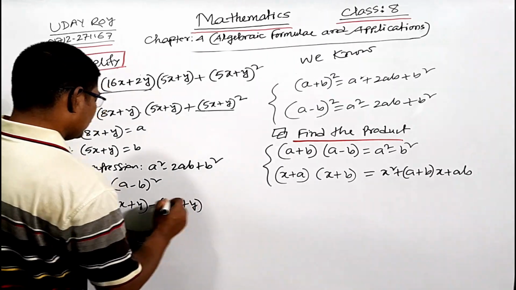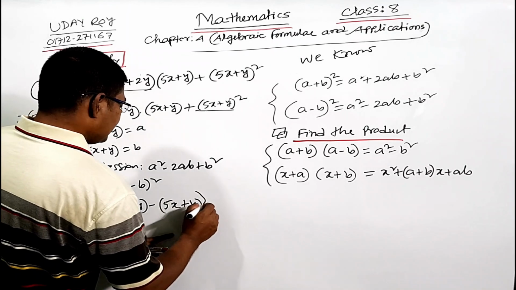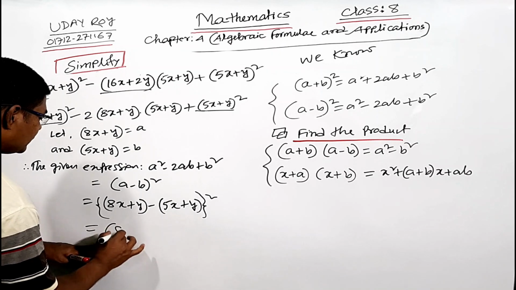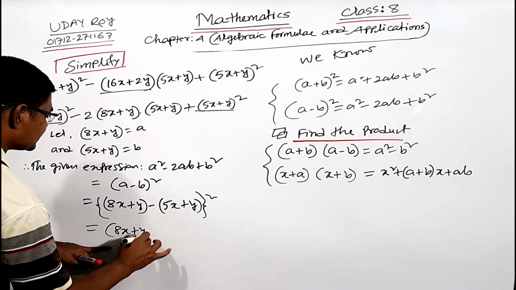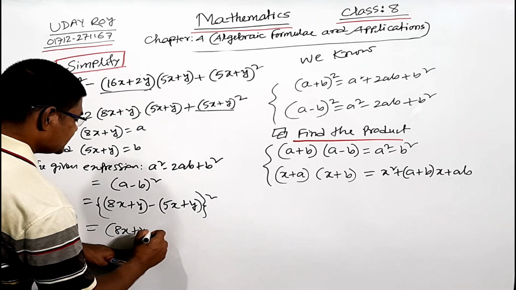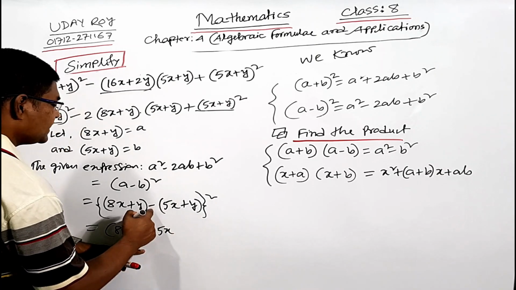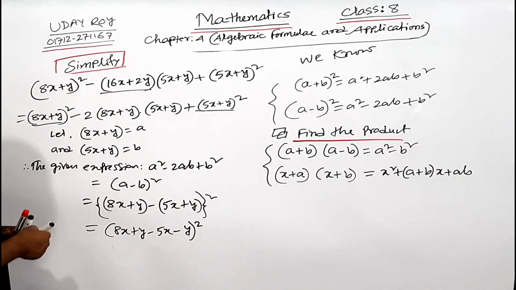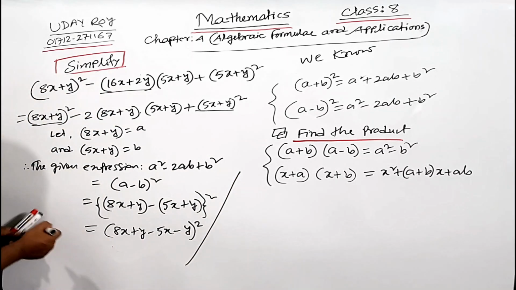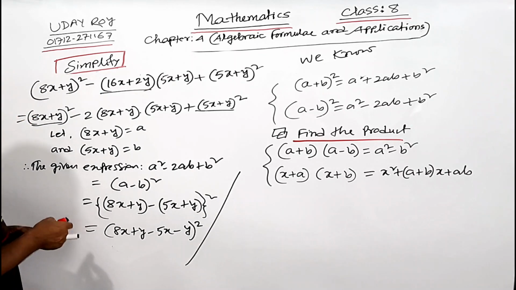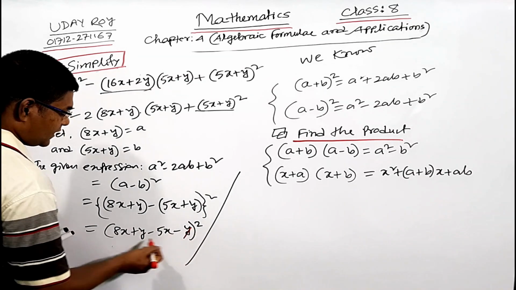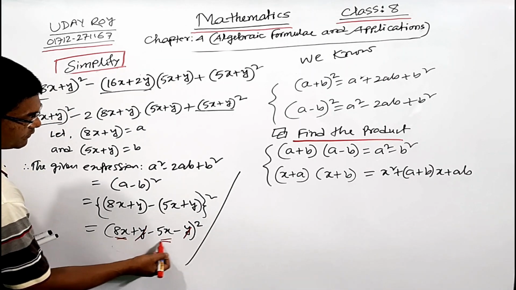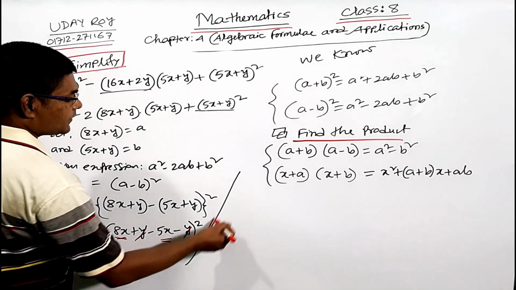(5x + y)². Now we draw the bracket. We get (8x + y) minus (5x minus y) whole square. Now you can see here is minus y, here is plus y, cut. So here is 8x and here is 5x. So we get